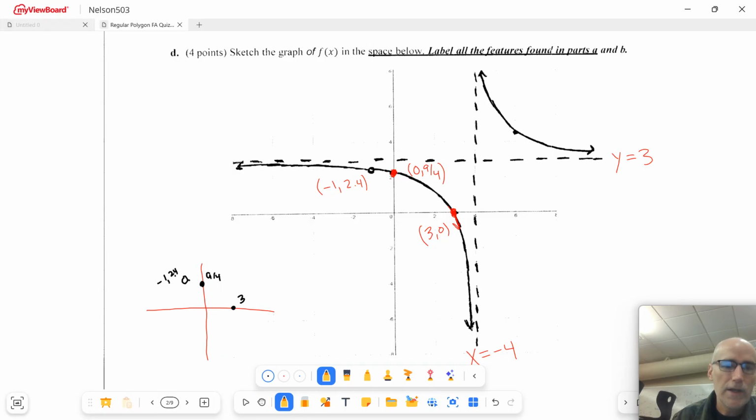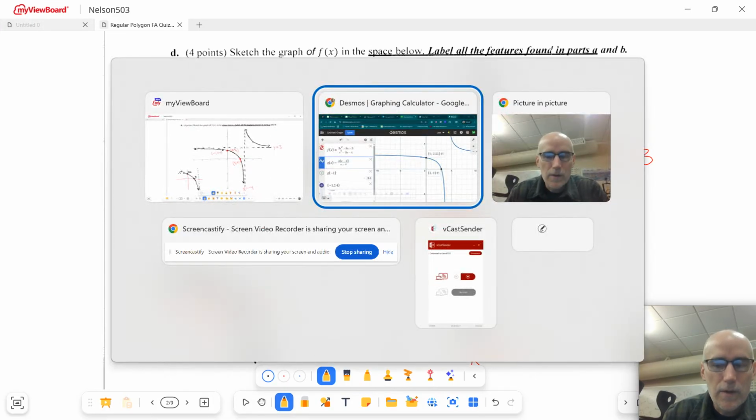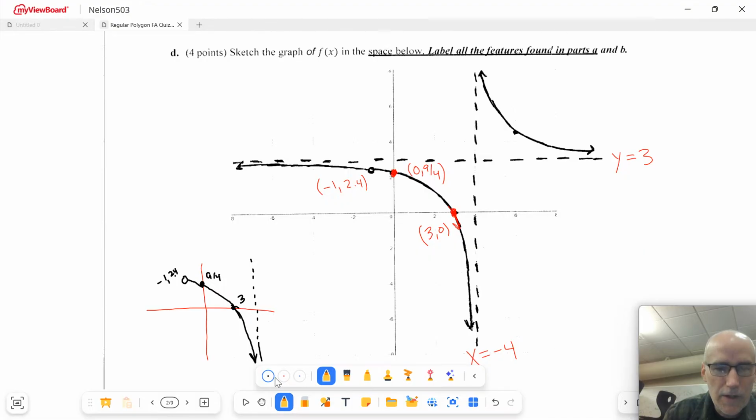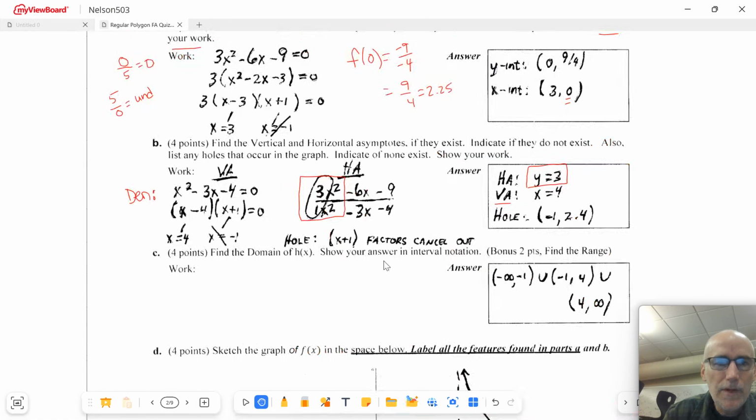Look, we're going to get from that spot to that spot, and then we got to get over here to this spot, and we're going to punch through. And you also know that you got a vertical asymptote right here, right? So you know it's got to come down. It's got to keep going down. It can't go back up, right? Now, because let's see, where'd my work go? It's up here. Because the